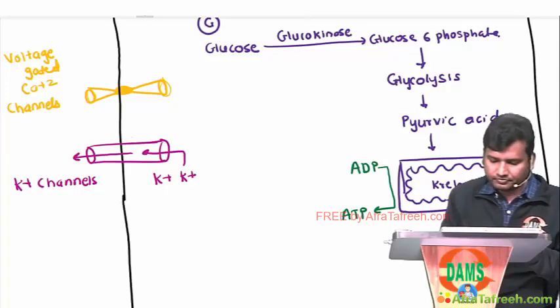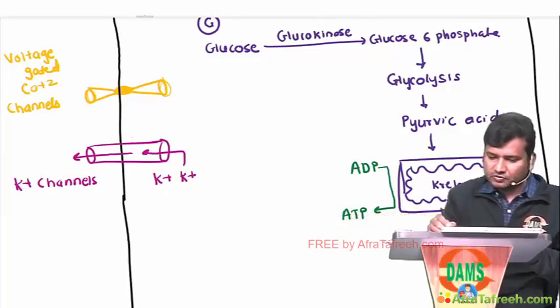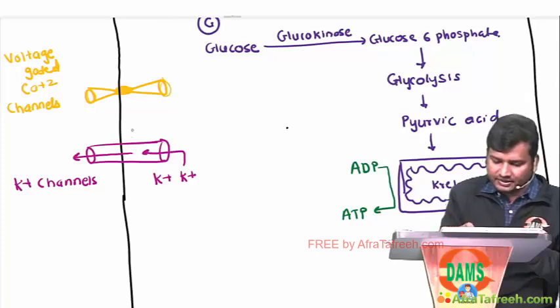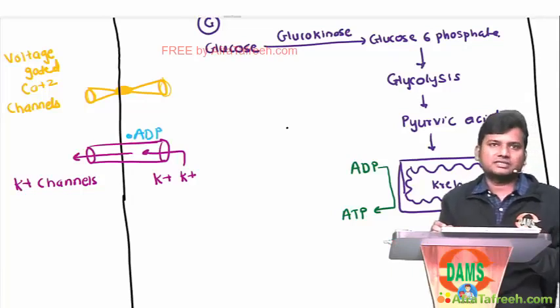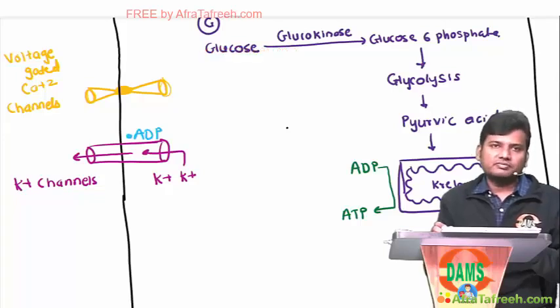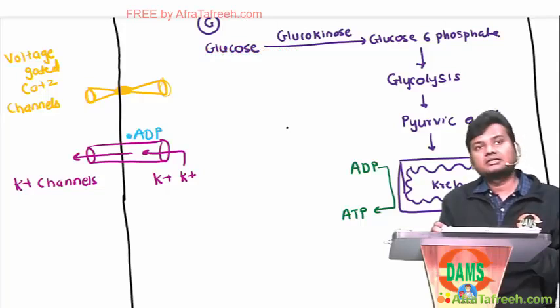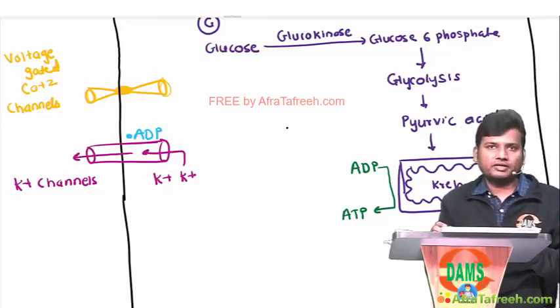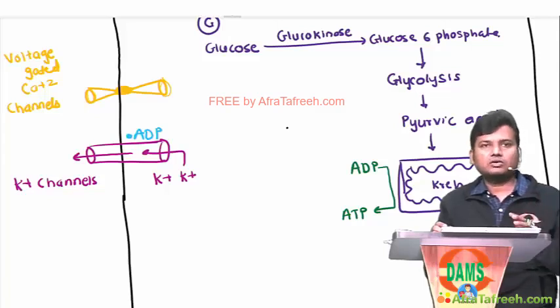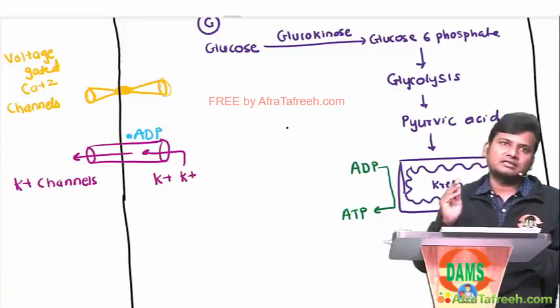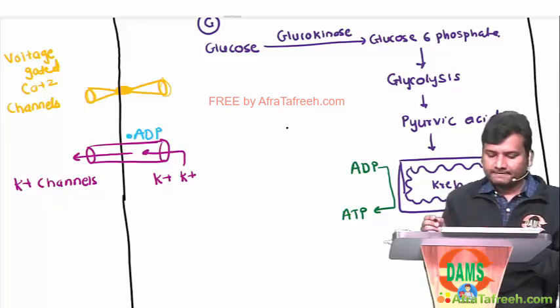Now, next important thing: normally ADP is present on potassium channels. When ADP is present on potassium channels, the potassium channels will remain open. Okay, now